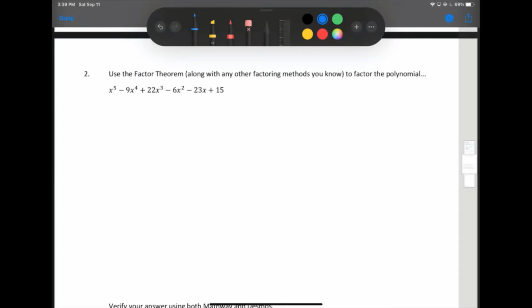If I can find some value of x that makes that 0 when I plug it in, then I know one of the factors. So here's what I'm going to do. I'm going to try just a couple of things. Let's try maybe x equals 1. So if I plug in x equals 1,